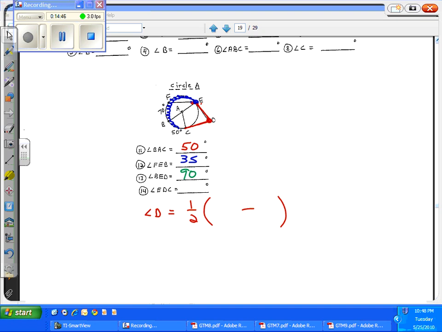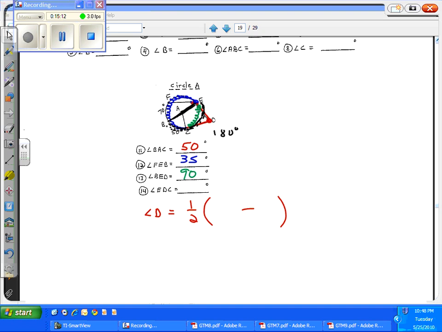The long way around from the points of tangency and the short way around to the points of tangency. Now, how are we going to get those arcs? Well, we know that BE is a diameter. So from B to E is a semicircle,